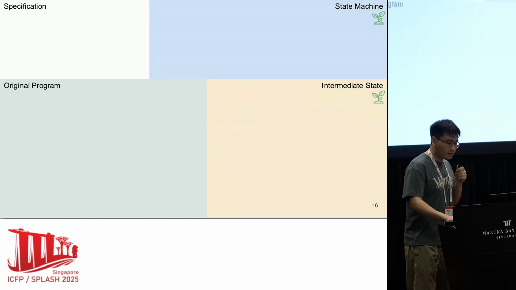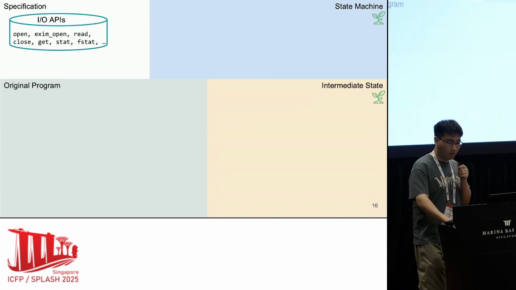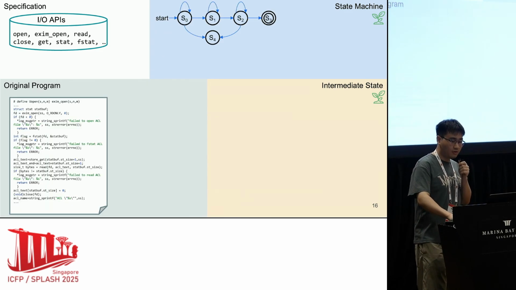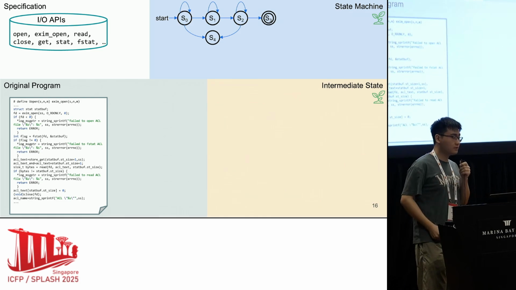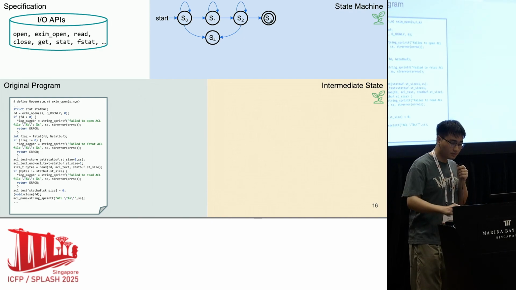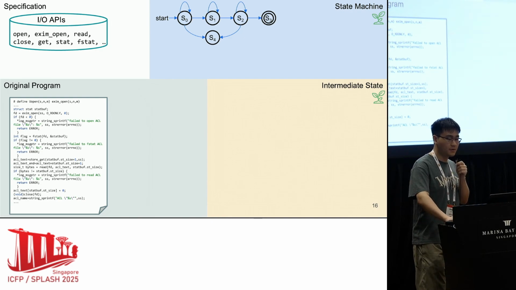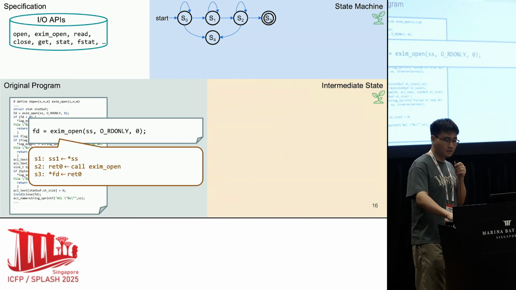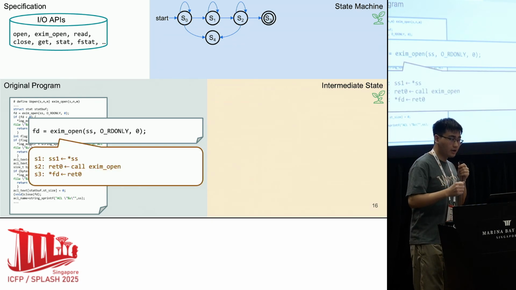So here, the top left corner is the specification, and the top right is the state machine for the API. The bottom left is a C program that we plan to migrate. And in the bottom right, we will be updating the intermediate state during our analysis. So the program invokes a set of old APIs. For example, the call to the open function contains 3 IR statements, a node, a call, and a store